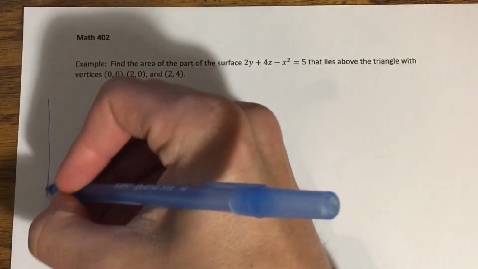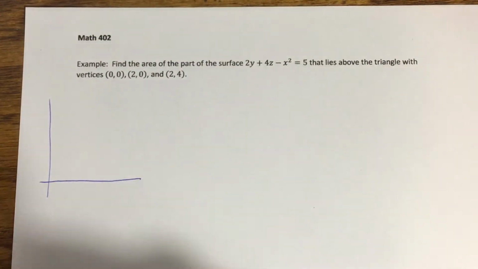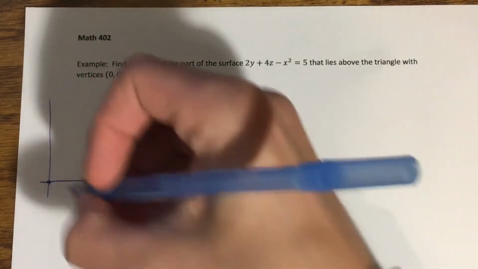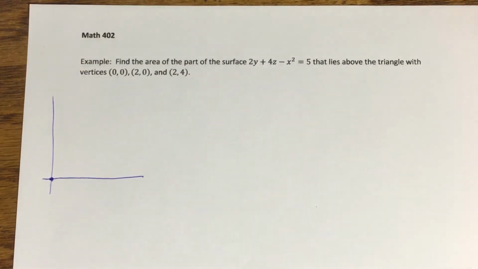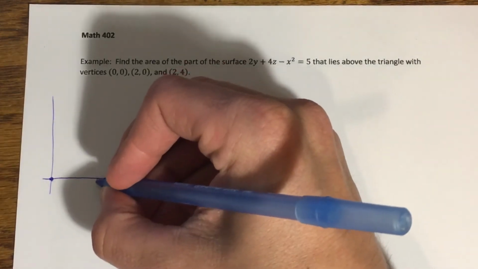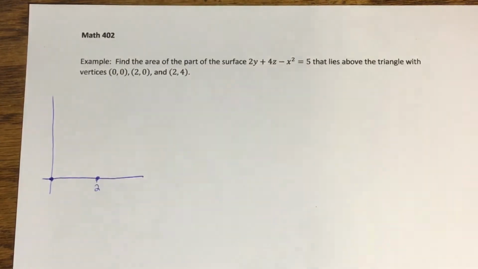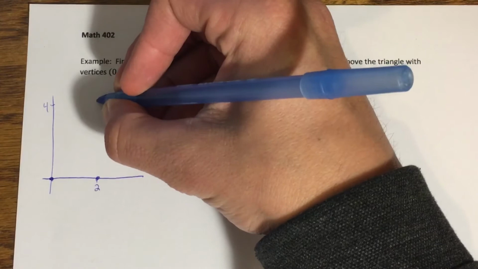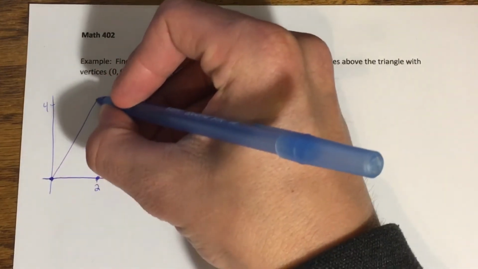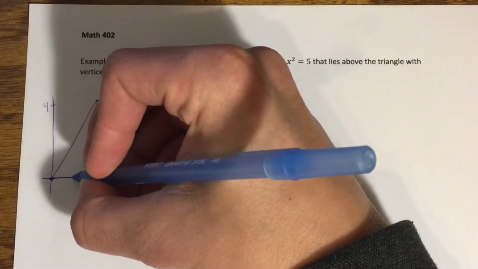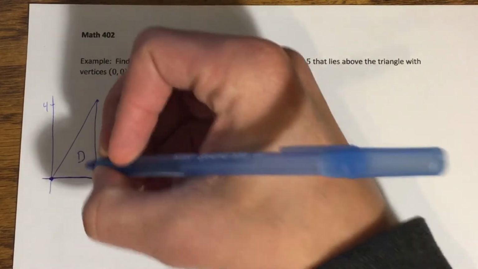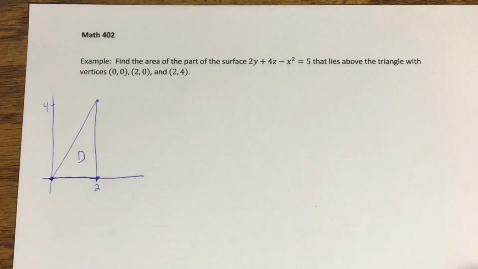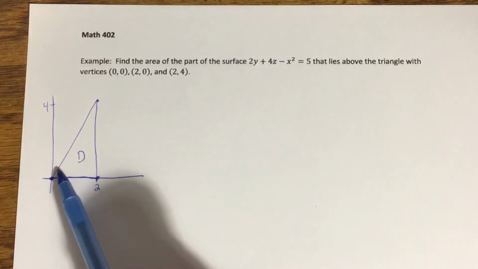We begin by finding those vertices. So we have a vertex for this triangle at the origin, (0, 0). We have one at (2, 0), which would be here. And then we have one at (2, 4). So let's put 4 up here. Creates this triangle, which we're going to call D. Okay? Now, before I go to my surface area formula, I know that I'm going to be integrating over this